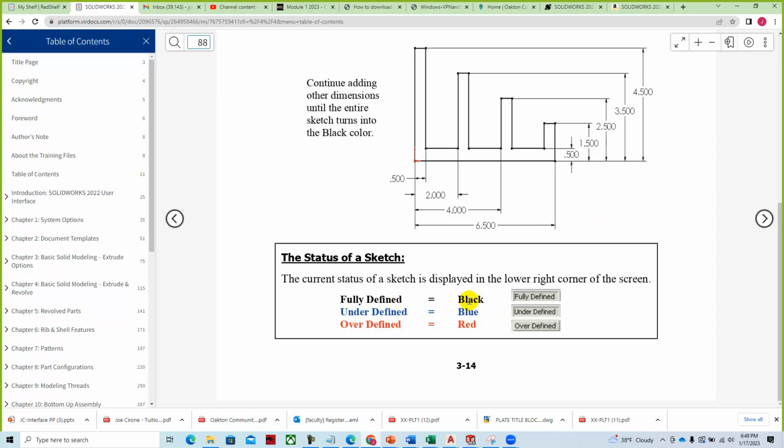We want to be able to have everything located from the origin and it's known. Underdefined will be blue. We try to avoid that, but it's not the end of the world if it's underdefined. It depends on what you're making. So as you go through, if you're making something for production, yes, everything is going to be fully defined, but it takes time to do that, and we'll show you some techniques for being able to define and have SolidWorks